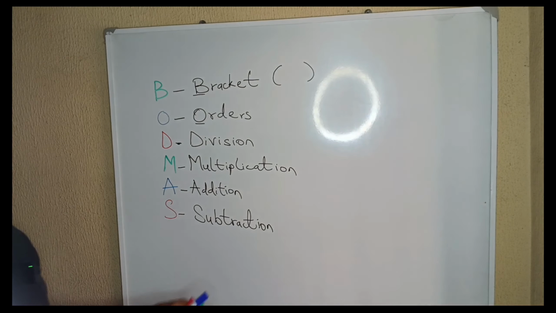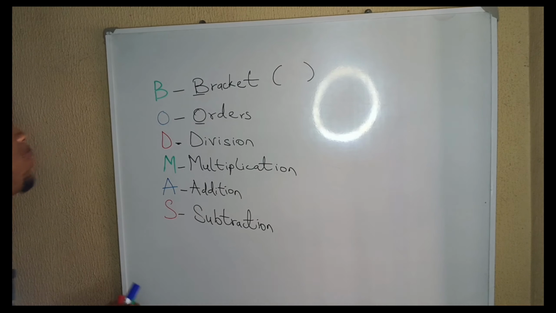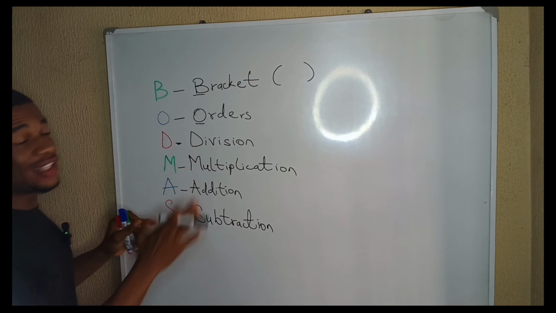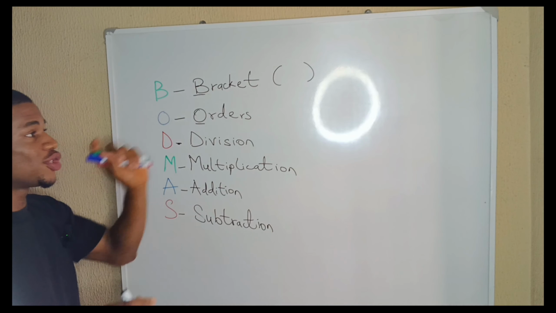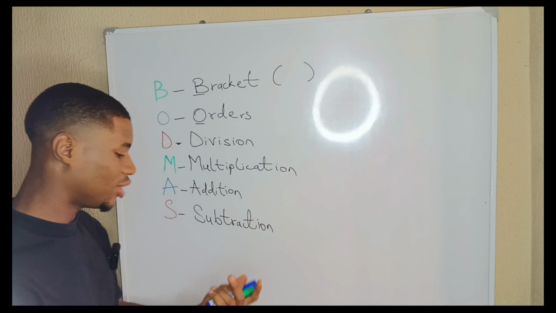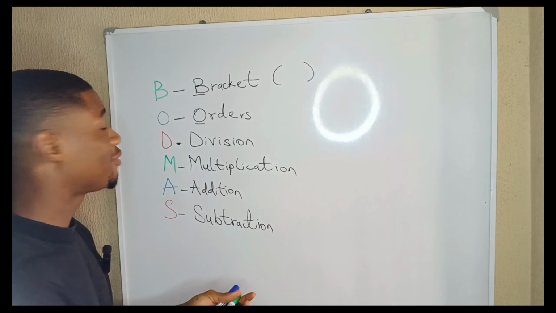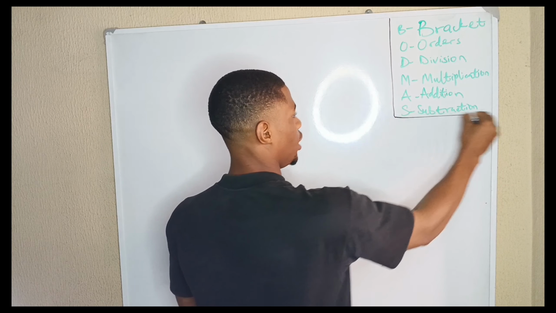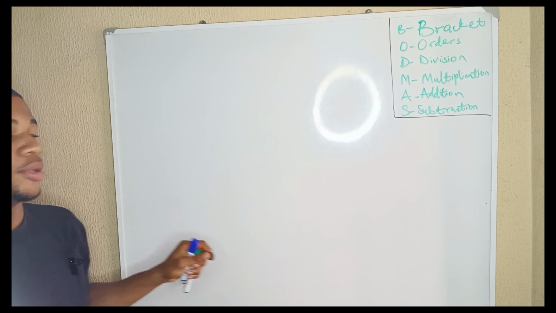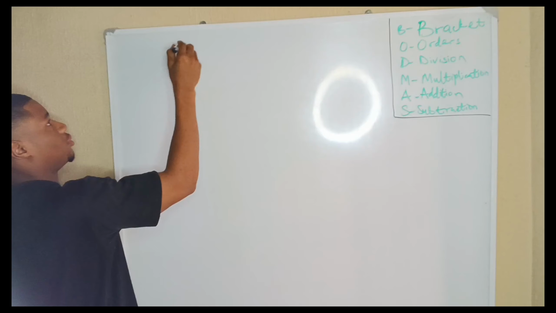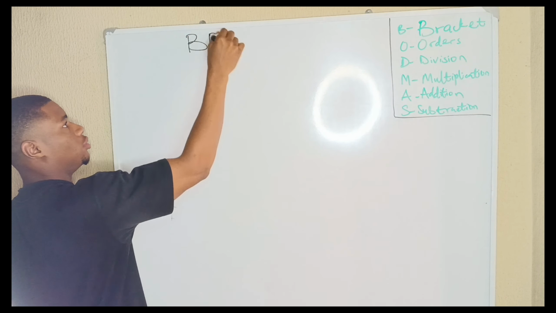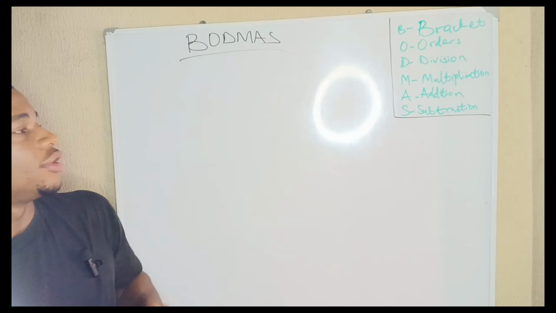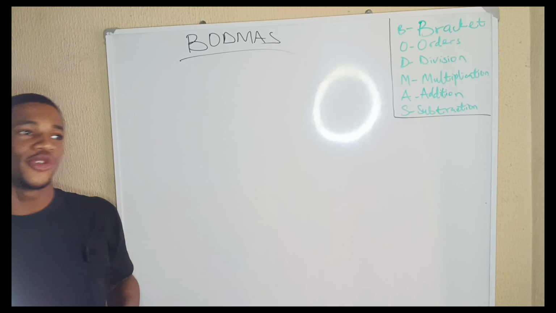That is BODMAS. So we'll consider 5 examples where these things are applied. First of all, let me write this out in a box here so you can see it. I'll do them in my green marker, and after doing them, then we can start. Let me quickly do them in black. Now, this is BODMAS. So that is BODMAS there. Now we're going to consider some examples.